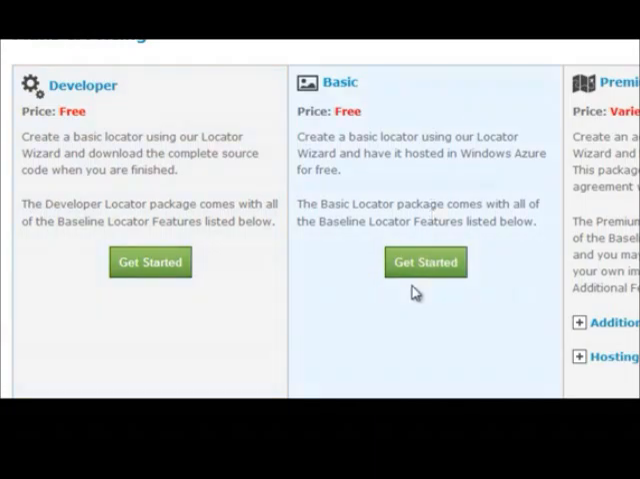I'm going to set up a basic locator, which is a hosted version that InKnowledge will actually host on your behalf. It's completely free. It's all hosted within a Microsoft Windows Azure shared instance. This is the basic package that's completely free to the end user. There is no support or maintenance with this, just FAQ support. And if you need any kind of service level agreements, or if you need maintenance or support